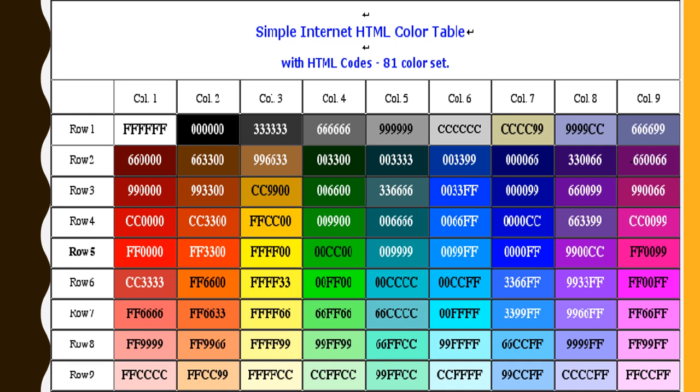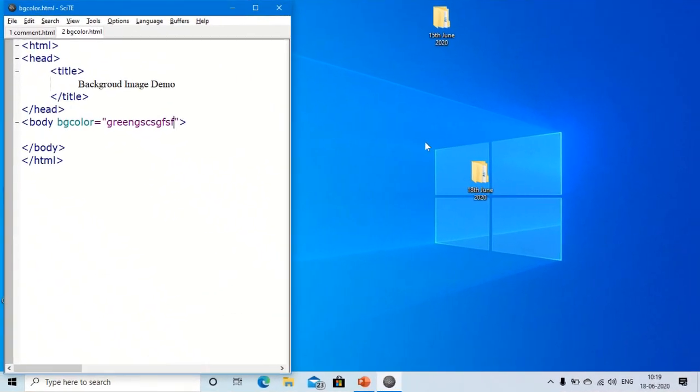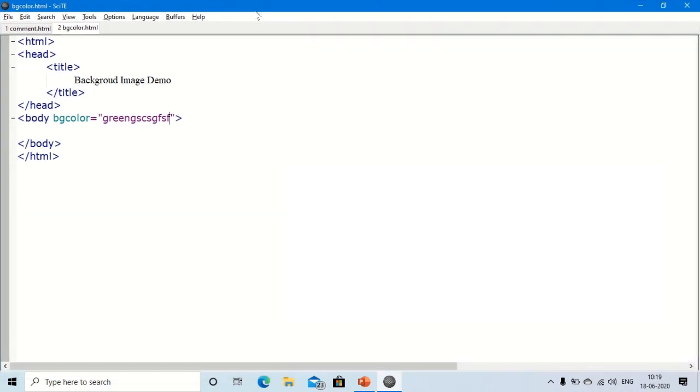This is the color code. You can see if you want to insert this color, we have to give 660000. If you want to insert this color, we have to give CC9900. Let's see practically how this is going to be useful. Here we are going to understand how to give a color code instead of a color name.